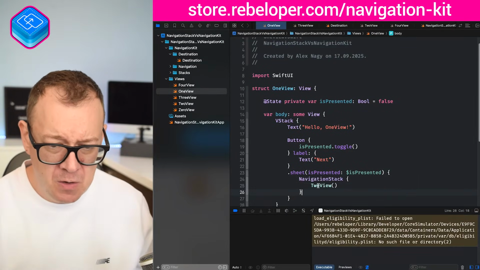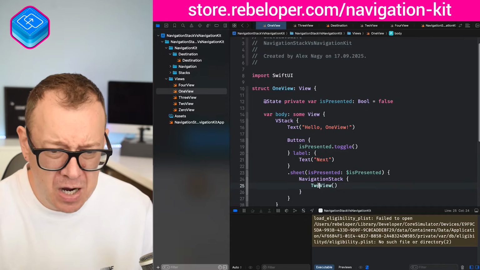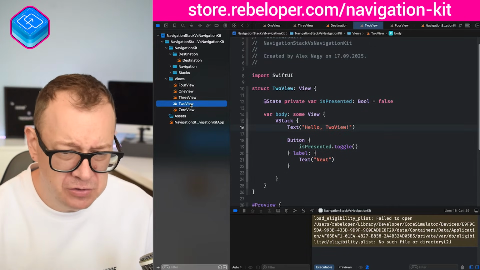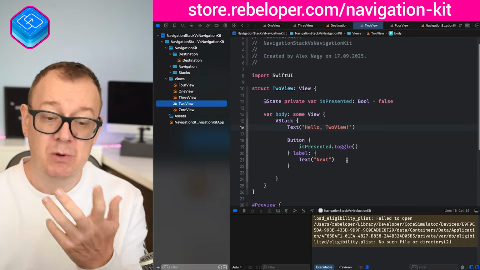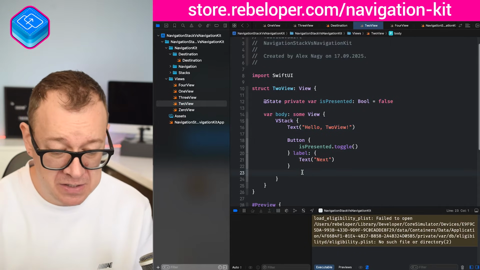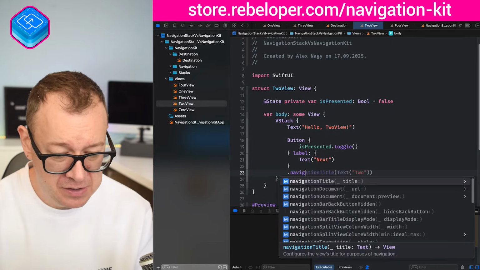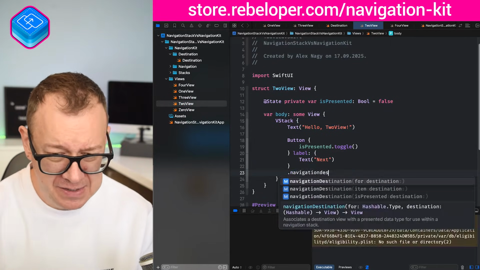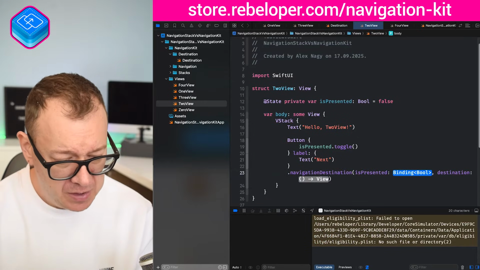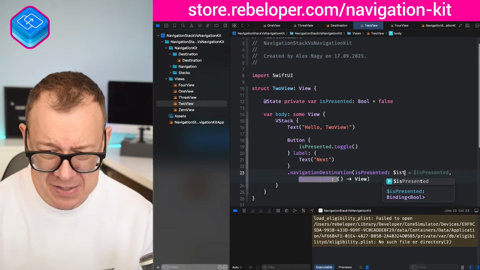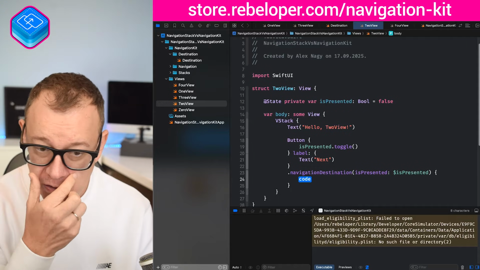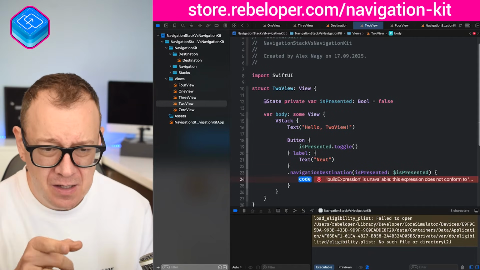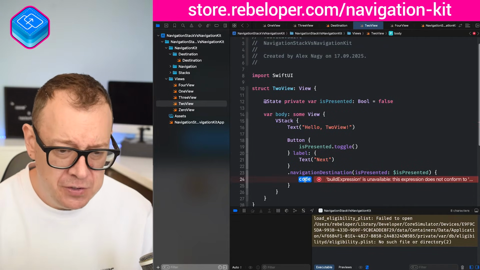And then we go onto our to view. Let's go to the to view. Right over here, we want another link type of navigation. So navigation destination with the $is presented, and we are going to present from to view our third view,